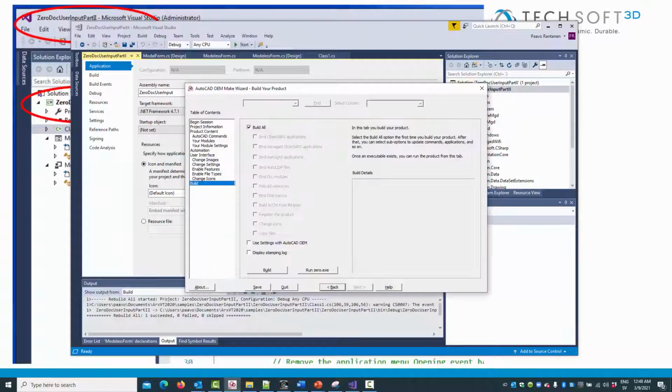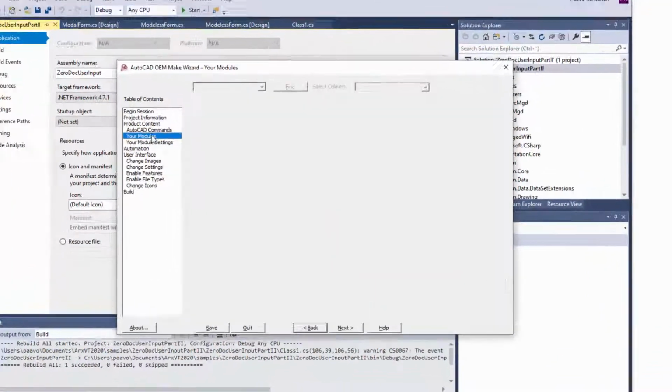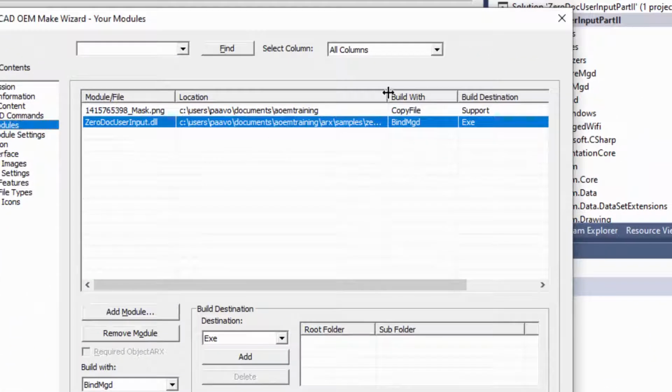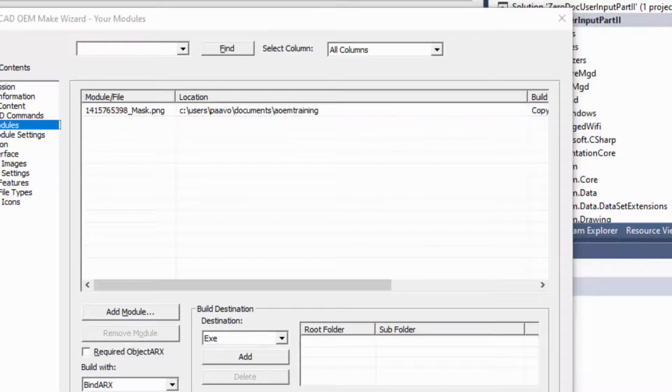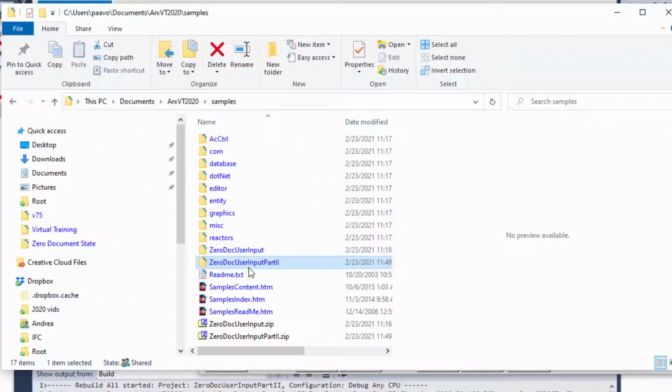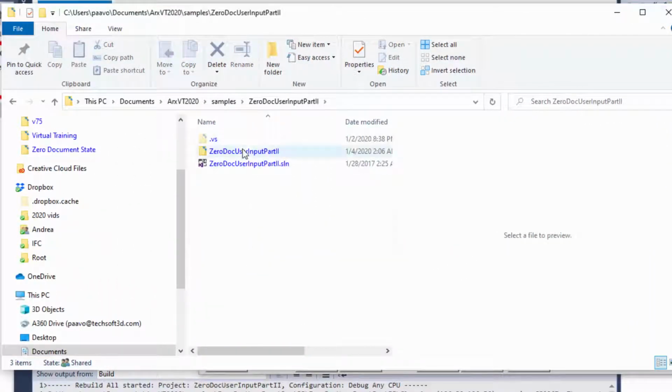Going to the Make wizard, we can simply replace the location of the managed DLL. This is very handy to do if you switch between debug and release versions of your runtimes. Copy the location from Windows Explorer and put it there.